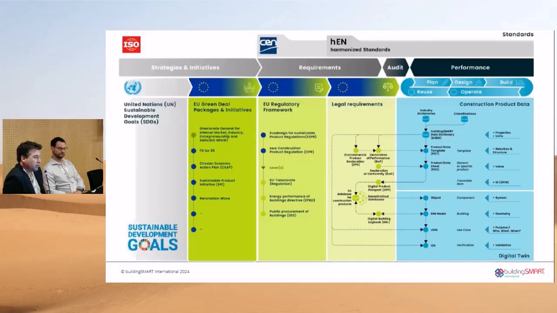It's just a product produced, and then on the lower right side, we start the project and we assemble a digital twin with all those digital product passports.